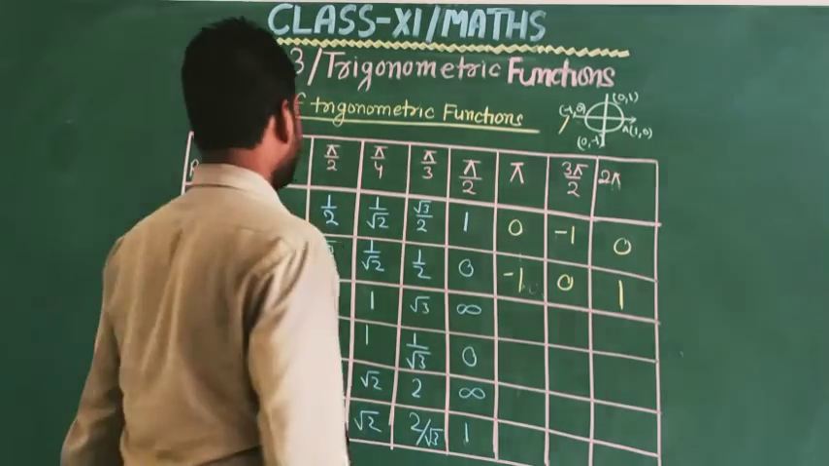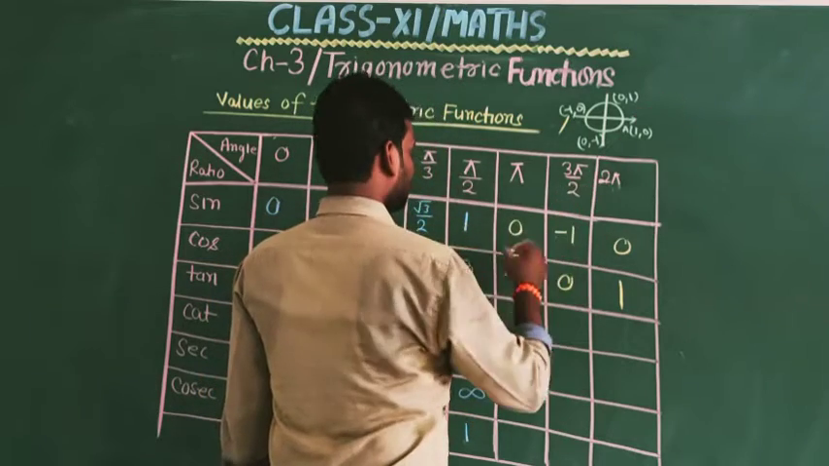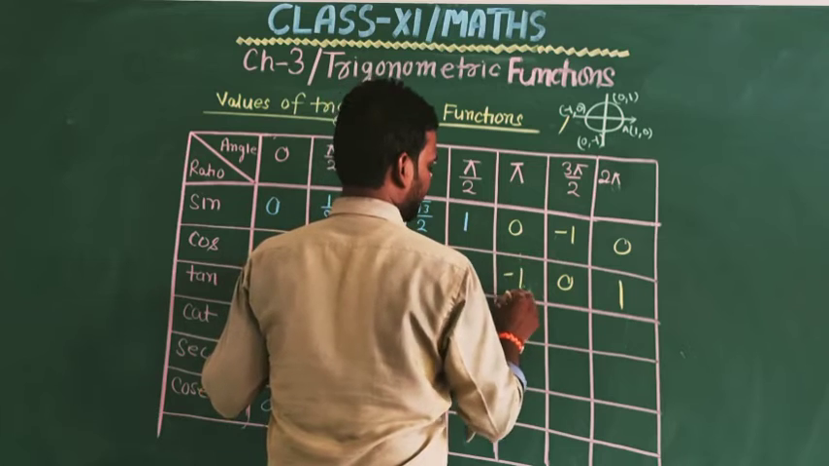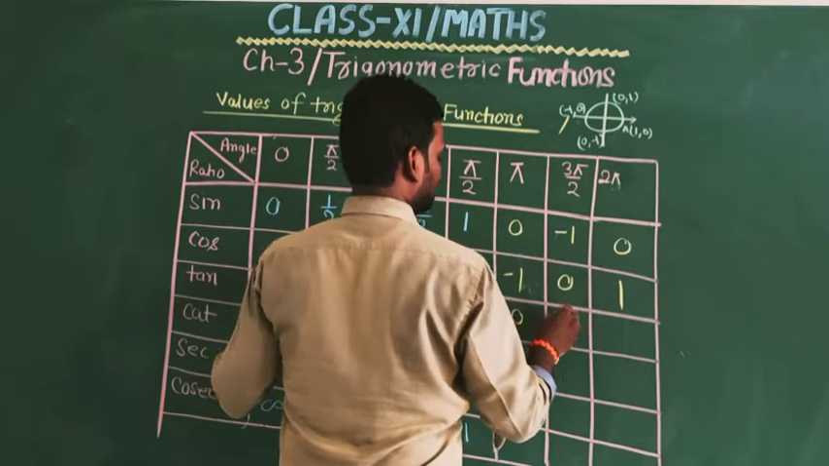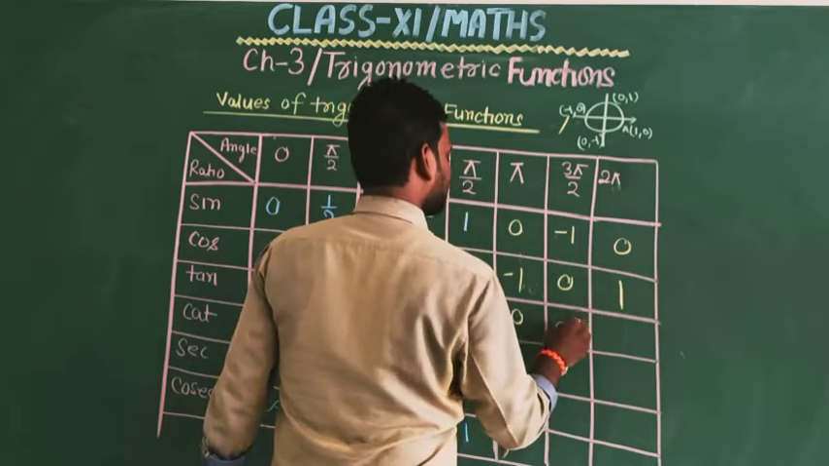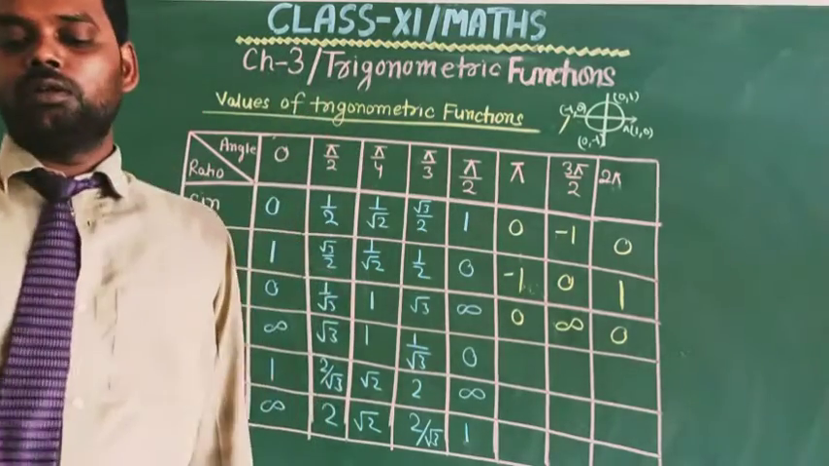Next for the tan. So for the tan, sin upon cos. So 0 divided by minus 1 is 0. Here minus, this is infinite, and this is 0. 0, infinite, 0. Okay,